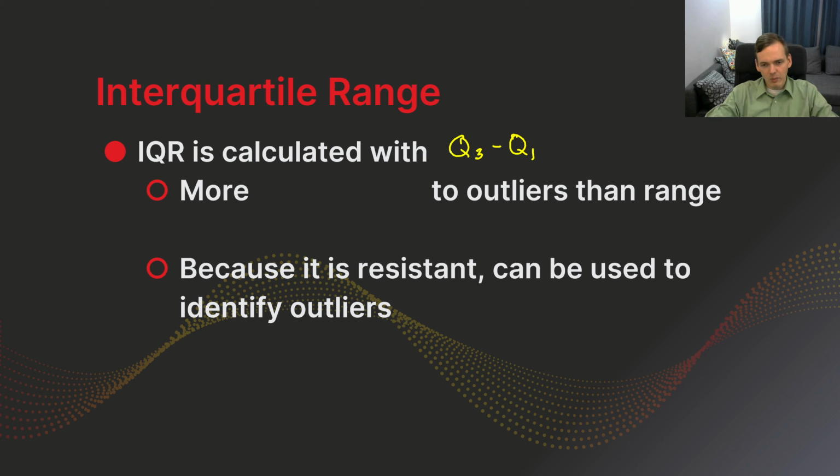50% of your numbers will either be smaller than or bigger than this range. But it tells us basically, okay, half of our numbers are this far apart. This is more resistant to outliers than just a standard range is. Because the range, if you have an outlier, the range just goes from lowest to highest, so an outlier includes this massive range. The interquartile range kind of ignores the biggest and smallest few numbers, so it's more resistant to that. And so because of that, we can actually use this to